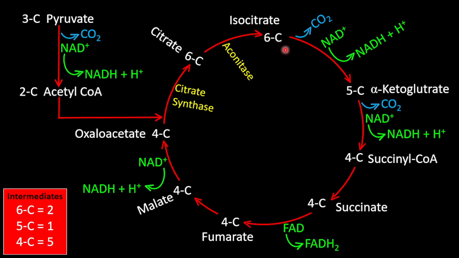And then from our 6 carbon into our 5 carbon, I want you to notice something here: moving from 6 to 5, there's a breaking of bonds, and we actually lose hydrogen. And so this enzyme right here is called isocitrate, coming from the citrate, and the last part of the name of the enzyme is dehydrogenase. Notice it, dehydrogenase. The D is for removing hydrogen. That is why the hydrogen is being removed and becomes H+, because from the acid, the H+ ion has been removed. And that's why that enzyme is called isocitrate